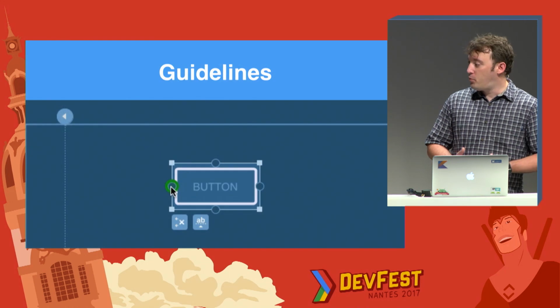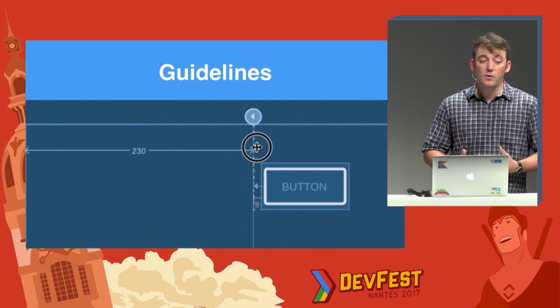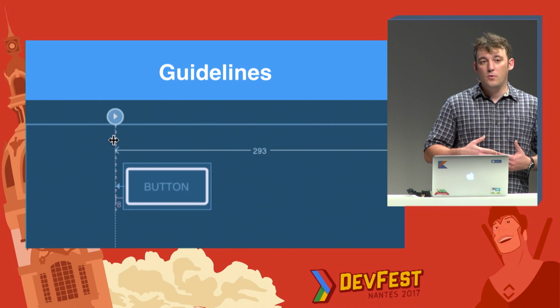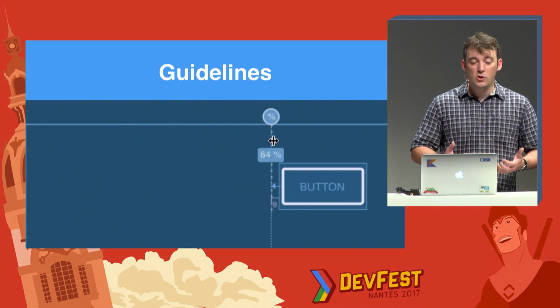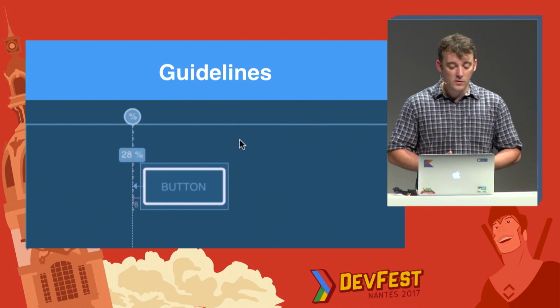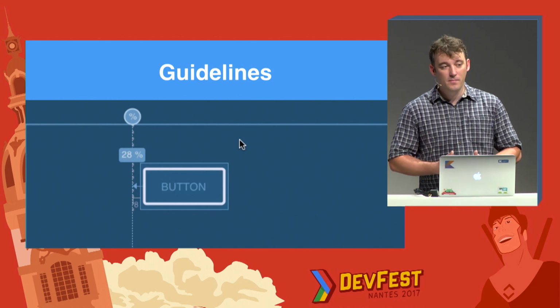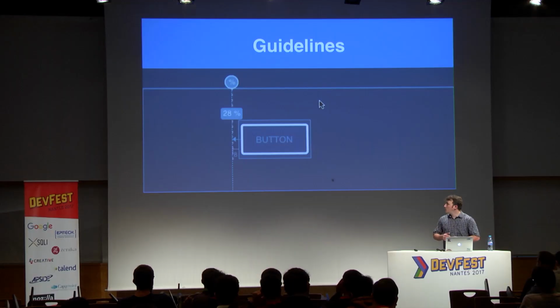So guidelines is pretty cool. The idea is that we could provide you with tools, helper objects, that let you create your layout, even though ultimately those guidelines are not going to appear on your screen. They're just here to help you create the layout. So a guideline is what your designer called key line, red line, basically just a vertical or horizontal line that you can position relative to one side or the other, or as a percentage. And you can set up your elements relative to that baseline.